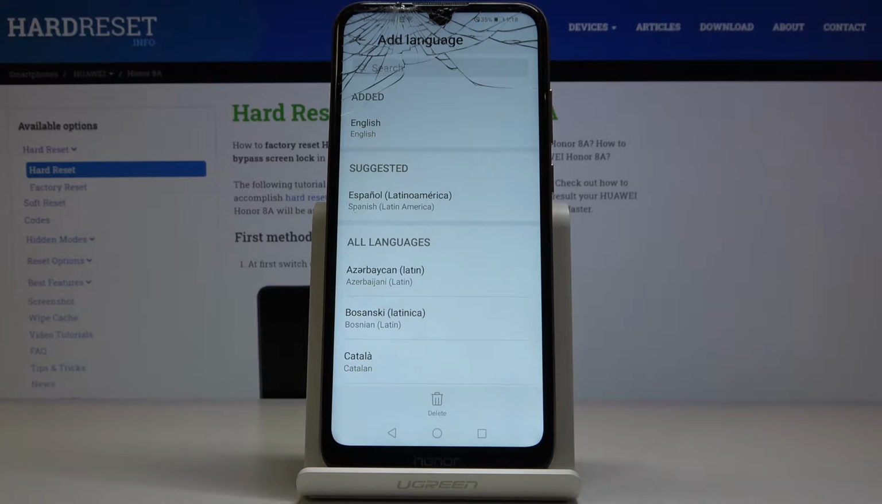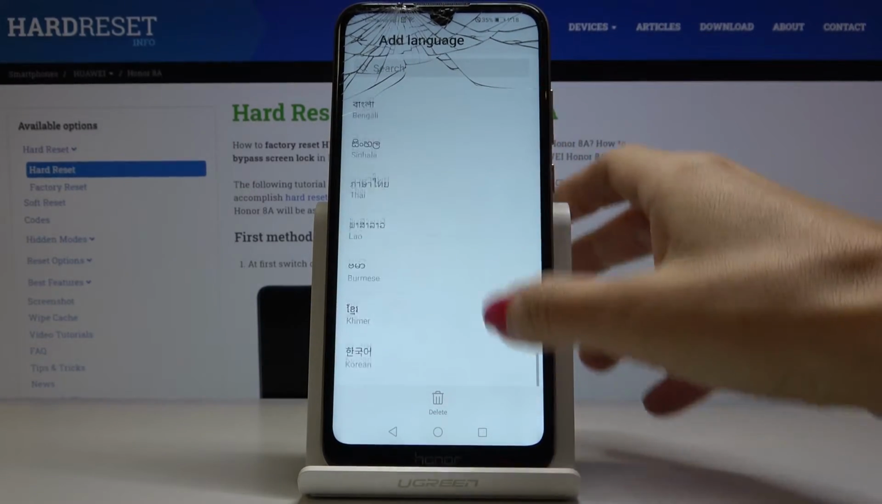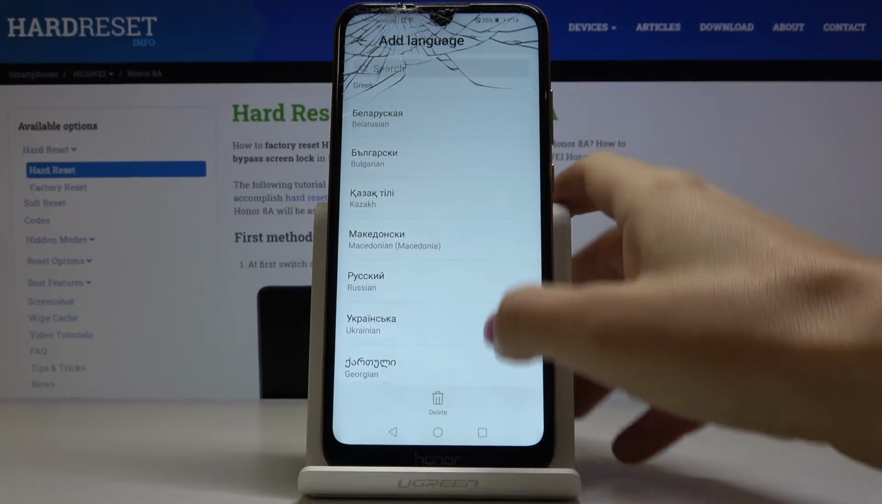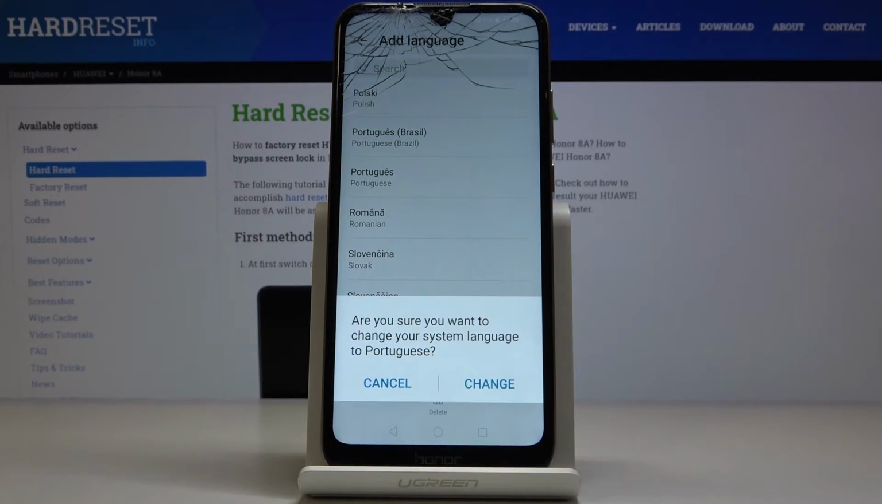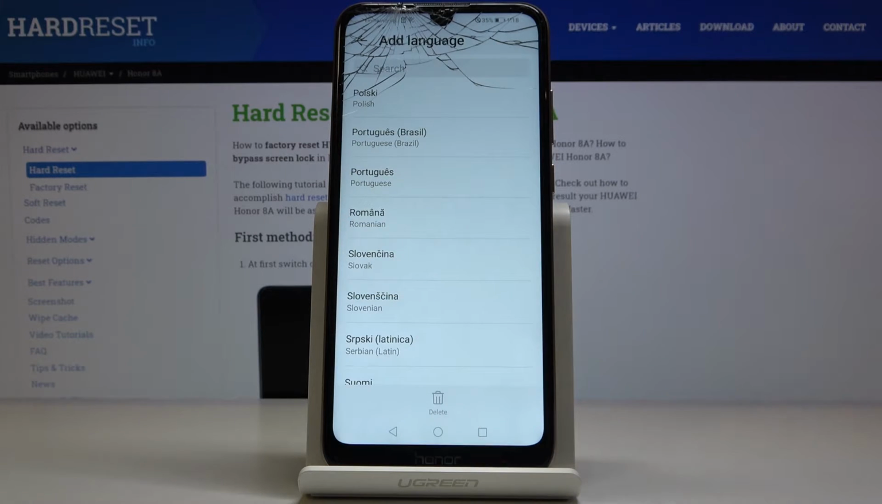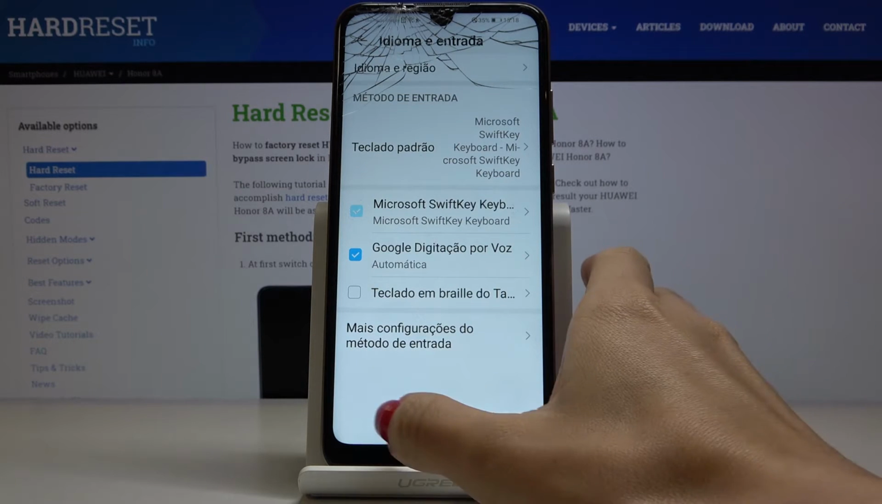Here you've got all the languages that you can apply, so smoothly scroll down, find and pick the one that you want to have. And in my case it can be, for example, Portuguese, and then tap on Change to make it a default language. And from now on, as you can see, the whole device is in Portuguese,